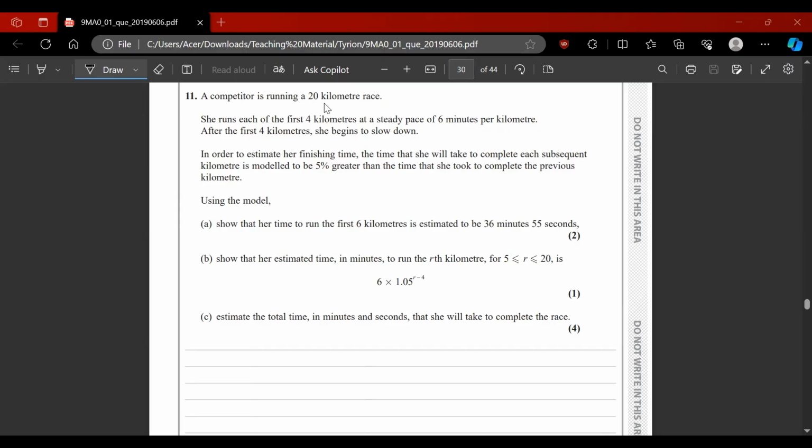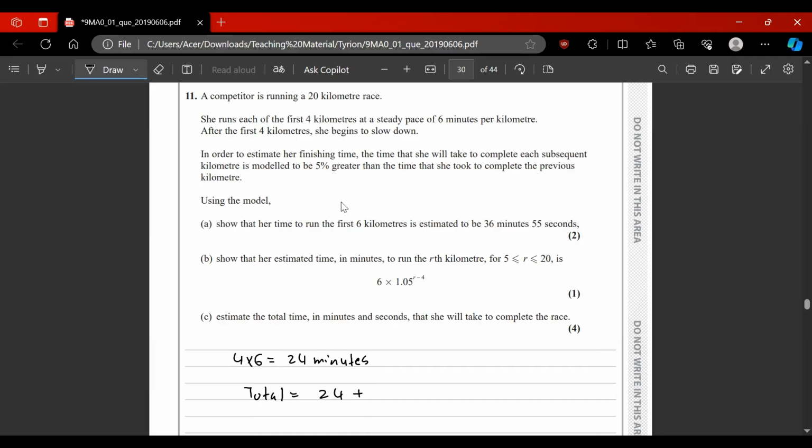So obviously it says that she's running a 20 kilometer race, and the first 4 kilometers at a steady pace of 6 minutes per kilometer. So 4 times 6 gives us 24 minutes for the first 4 kilometers. Now this is for the first 4 kilometers. Now the total would be equal to 24 plus, now after that, the next 2 kilometers that she's going to